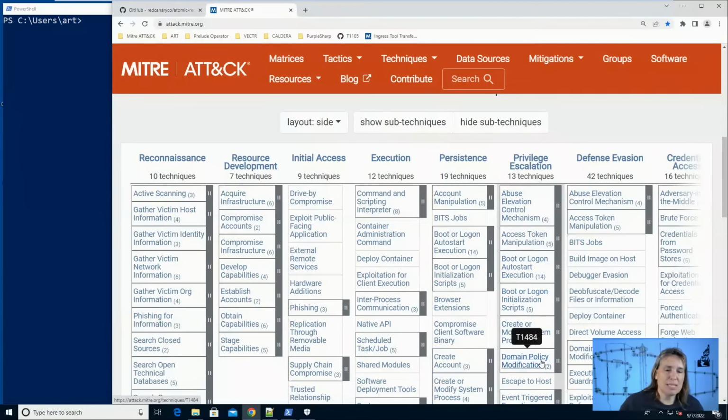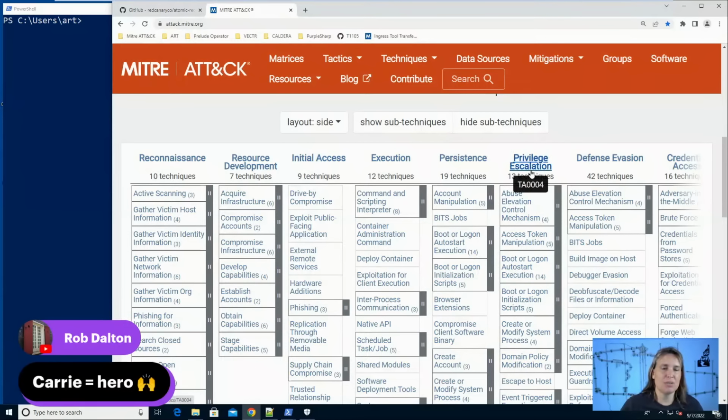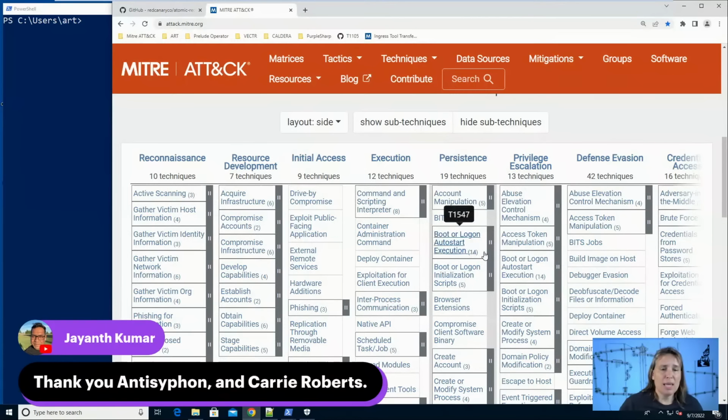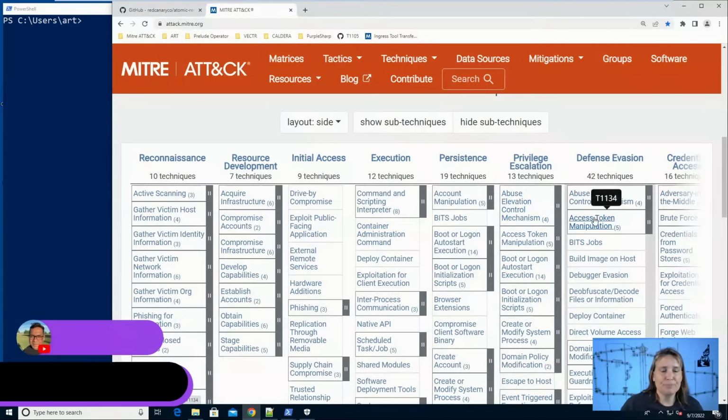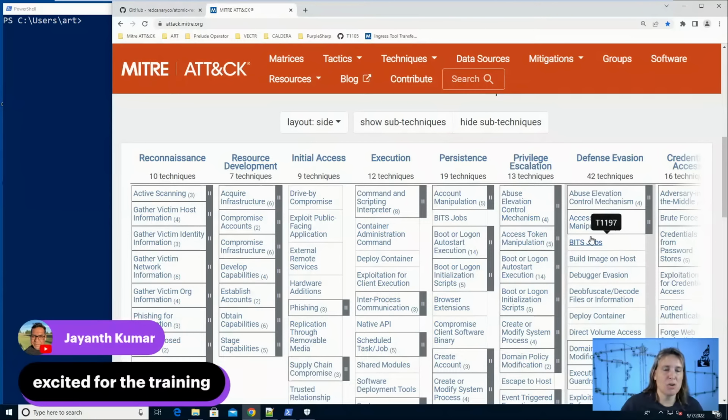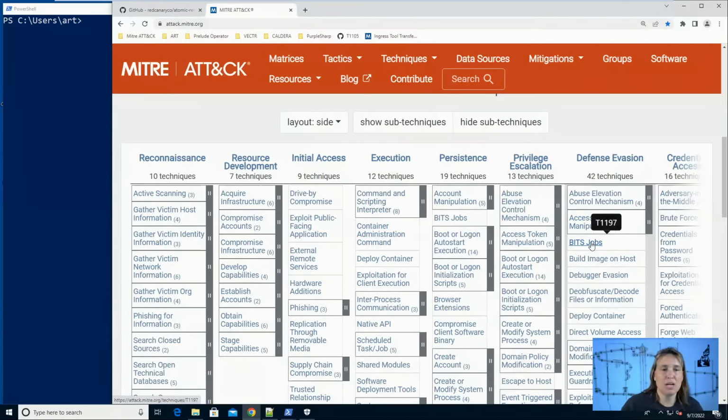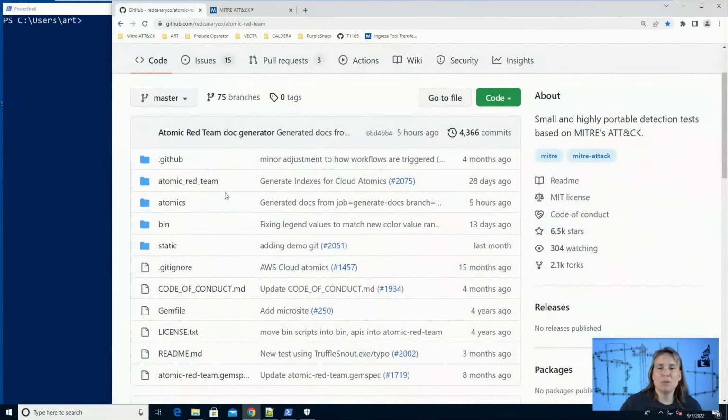And each of these techniques are in certain categories. The categories at the top are the tactics. So tactics are just groupings of techniques that are similar. So we have tactics across the top, techniques going down. And then if we click on one of these, we can dig into the details of a certain technique. So we're going to be looking at a technique under the command and control category called Ingress tool transfer. It's technique T1105. So I'm going to jump back to Atomic Red Team and show you how